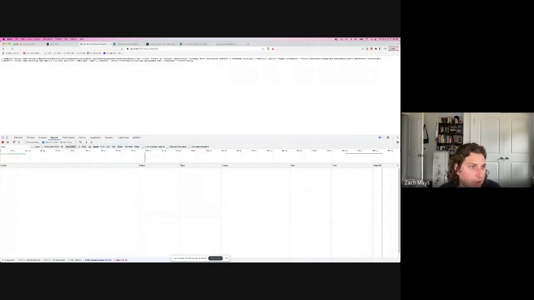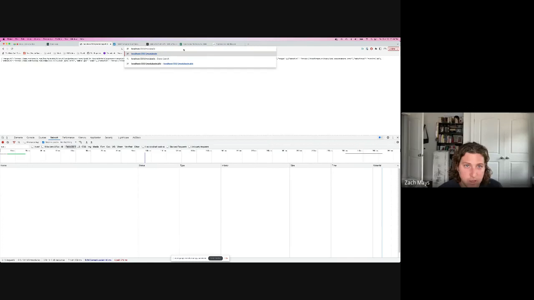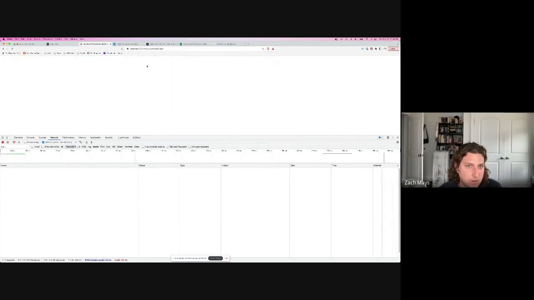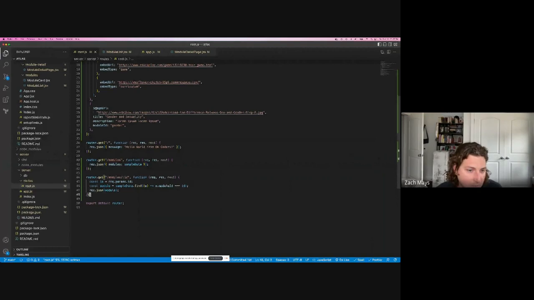Yeah, so now we're getting an object here for the module. We're getting the public module. Here's the data for it. And if I put an ID that doesn't exist, then we're back to getting nothing. So we're just getting undefined back from the backend, which is probably not what you want to do. You'd probably want to give a 404 response kind of thing, which we can do. It's not that hard to do. So we'll do, if not module,